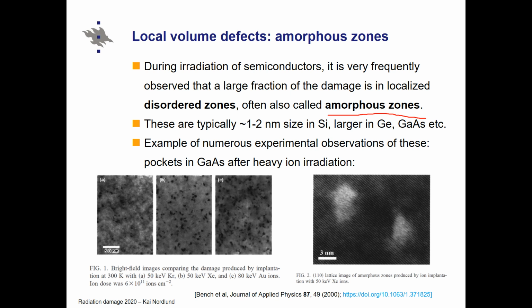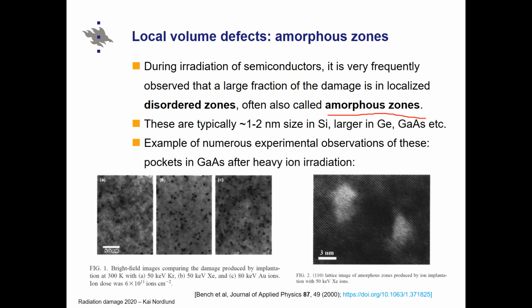Of course, the size depends on how dense a collision cascade is. If you have heavy ions, you will have larger amorphous zones than with light ions. And here is a couple of images of this from transmission electron microscopy. This is on a large scale. These amorphous zones, in this case in gallium arsenide, look just like black dots, but you clearly see that there